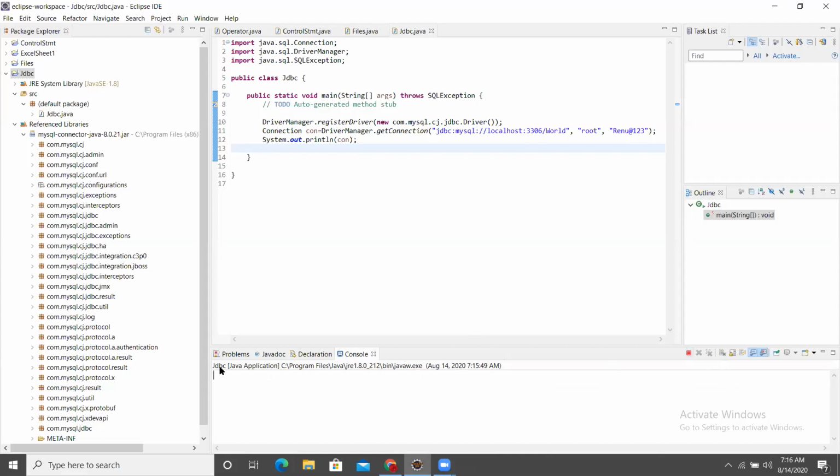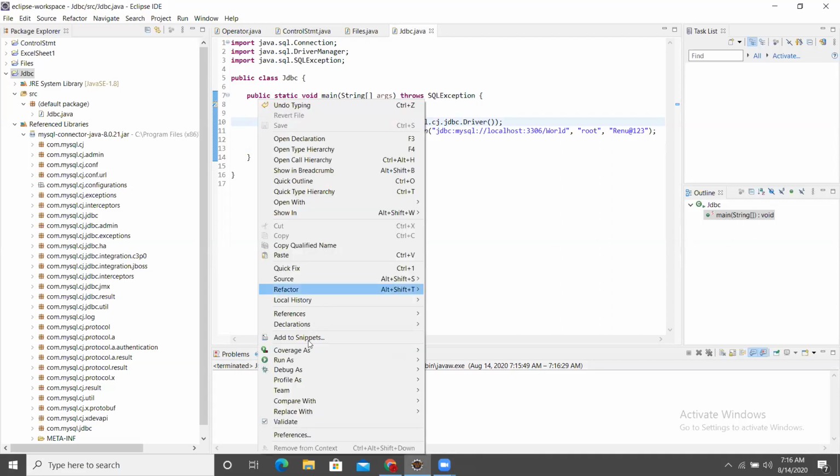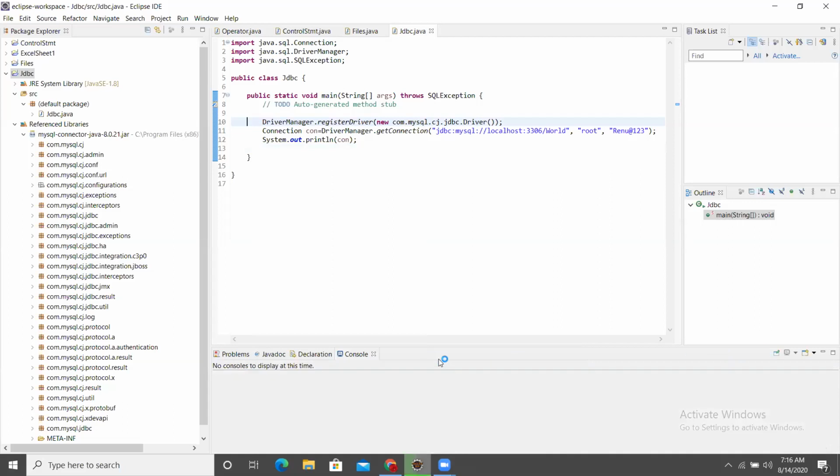Once it's gone, you will get it here. Okay, just close it and run once again. Right click, run as Java application. Wait for some time.